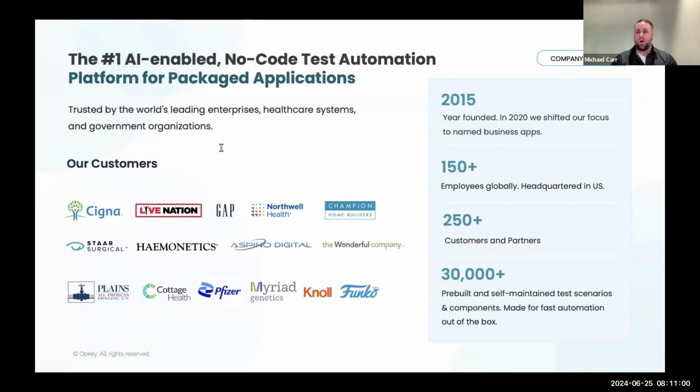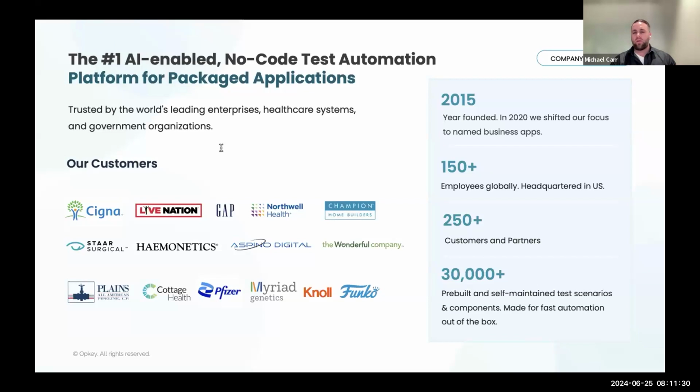And we found a lot of these business applications are continuously making changes, pushing updates. And it really became a challenge for a lot of clients, which I'm sure some of you, if not all of you, are experiencing, whether you're going through an implementation or if you've already gone live with your Oracle application.